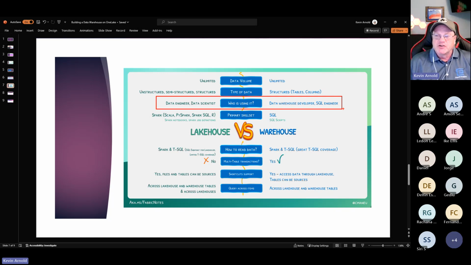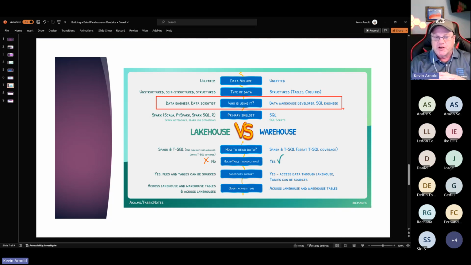Where the JSON is going to be your semi-structured, but it's really still first consumed by text. And then it also has a structured area. Within Fabric, it's called the tables area, and it becomes those delta tables again. So, if you're just going to work with structured data, you're used to doing that. You have a lot of source systems that are kind of, say, relational database, SQL Server based. Start off with a warehouse, but know the skills that you have on your team.